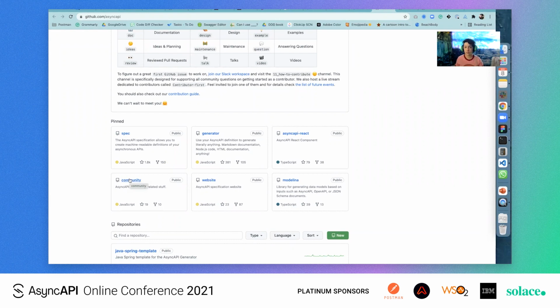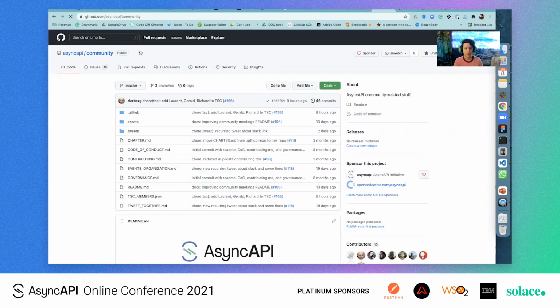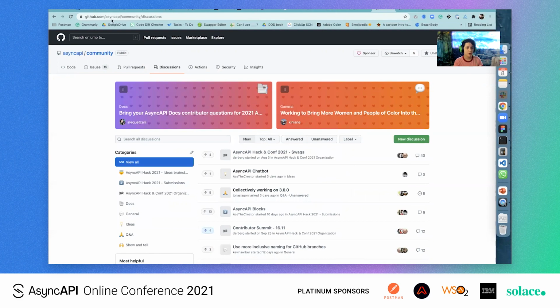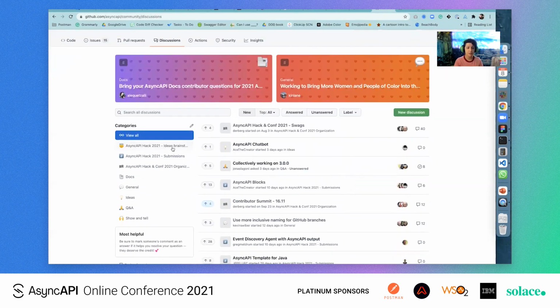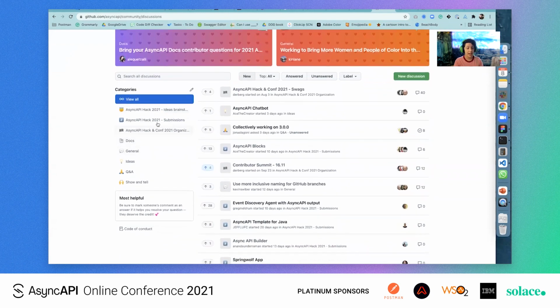You can start a whole discussion thread and get more attention to help prioritize something that you would like to propose to be contributed or to be done. So if you want to do that, then you're going to want to go to our community repo. Our community repo is where we actually have been hosting discussions publicly. So you just go to AsyncAPI, community repo, discussions, and then here you see that we had actually some discussions